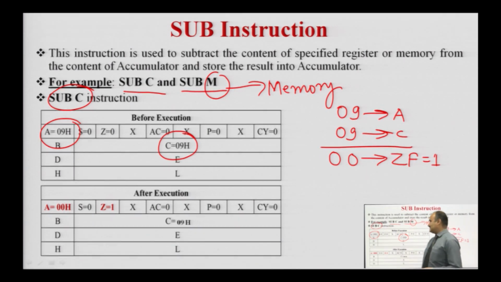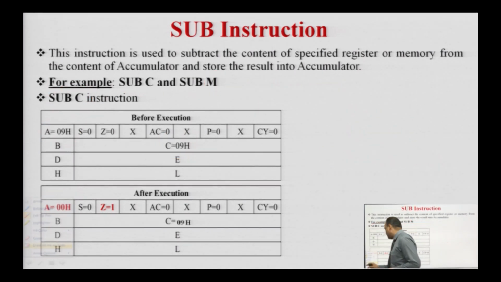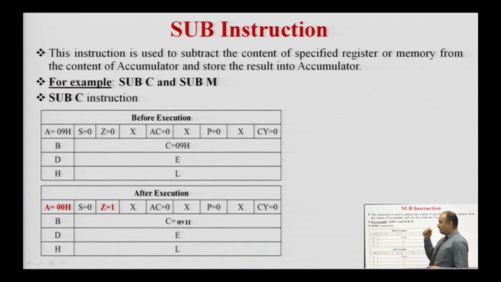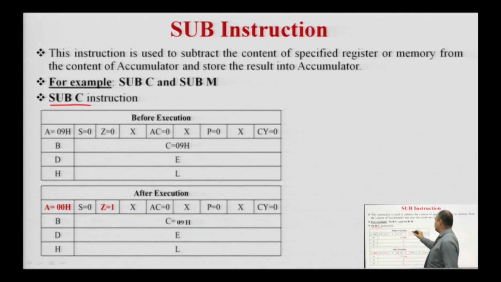So, the zero flag is set to reflect the result of the operation and the result is placed into the accumulator. So, after the execution of this instruction, the accumulator becomes 00H. So, this is the case of the SUB instruction. Before we discuss the SUB C instruction,